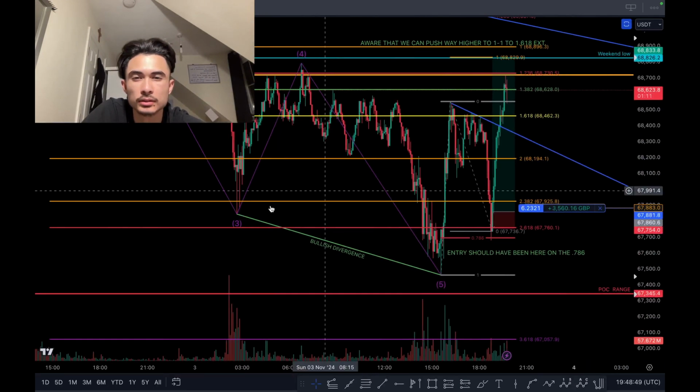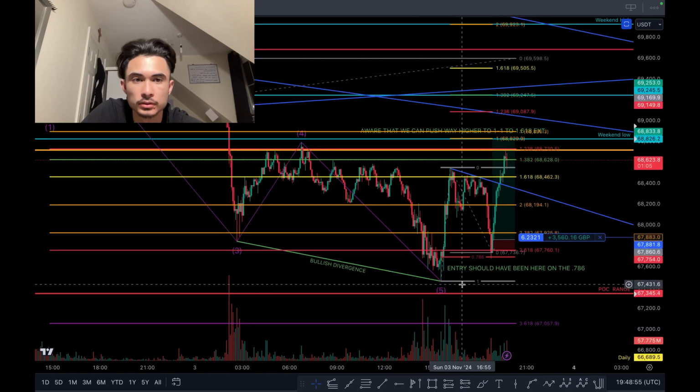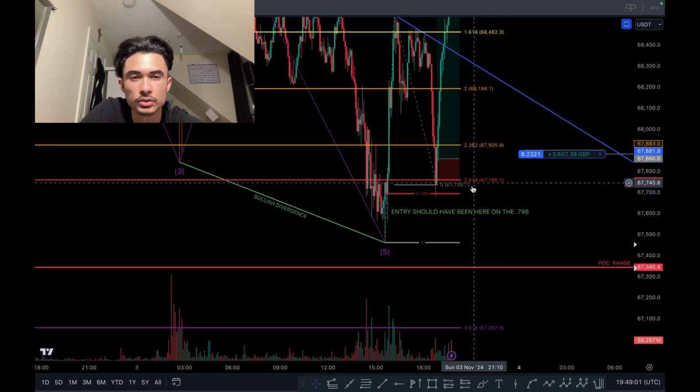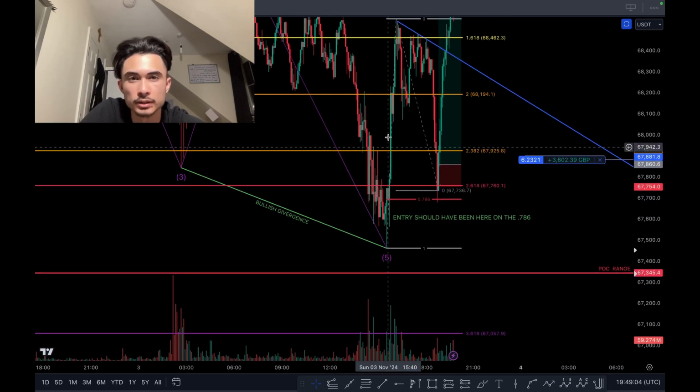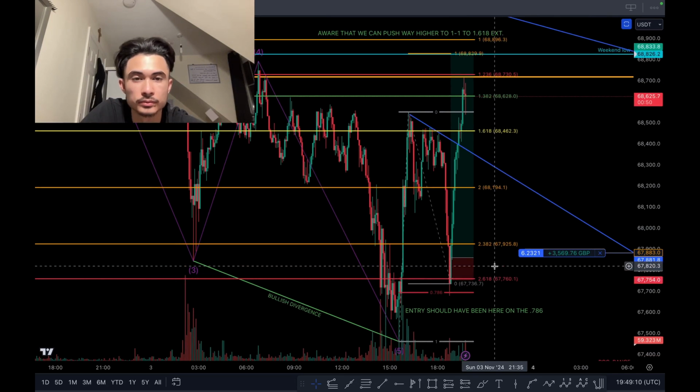You can see that the 5th wave hit the 2.618 to perfection. There is the red line, 2.618. And as you know, the 618 is a very powerful number. Got the SFP of it, retested 2.618. That's kind of sexy to look at.